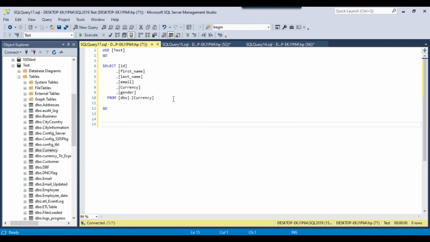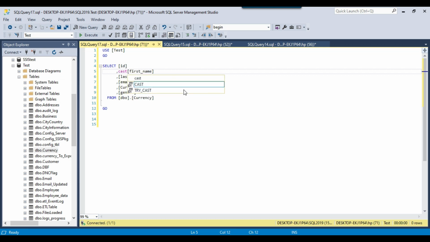Here we need to typecast these columns, like first name and last name. ID is of type integer, so that should be fine. We just need to typecast the varchar, char or text columns. Because these columns are varchar, we can typecast them. We can use either the cast function or the convert function. I will use the cast function here: cast first name as nvarchar 50